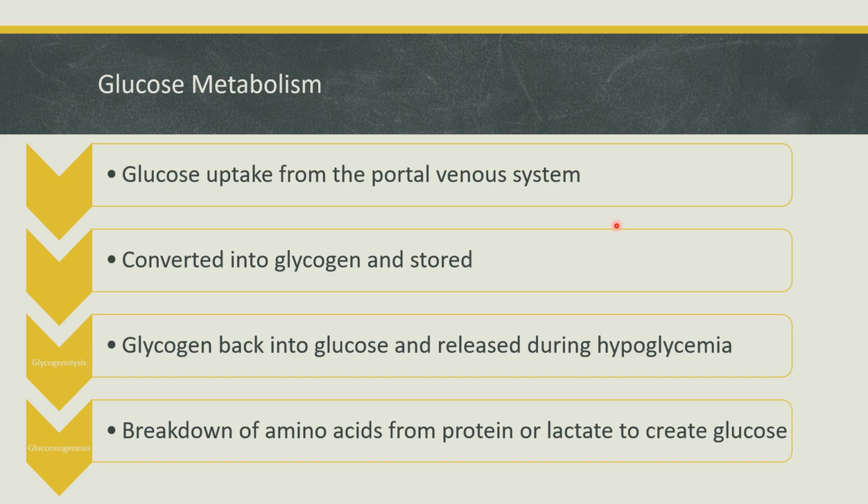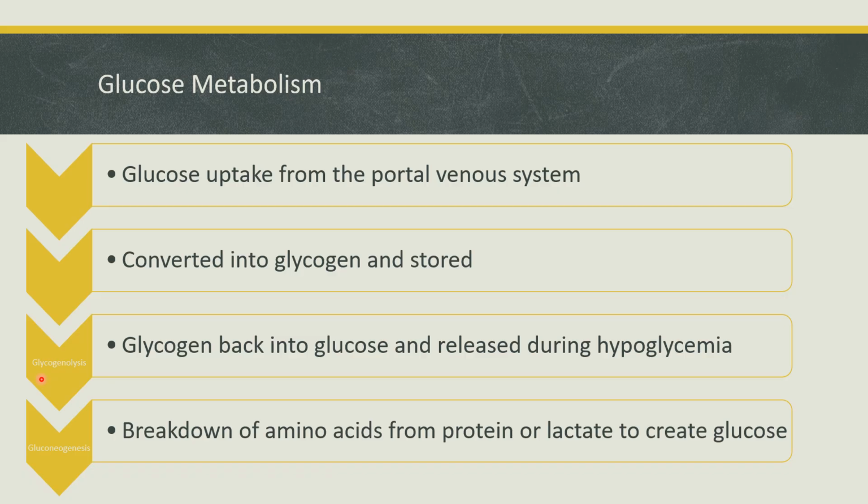So glucose metabolism. When we eat carbs and when we eat sugar, it's absorbed in our small intestine and it is carried to our liver through the portal venous system. In the liver, it's converted into glycogen, okay, and stored. So we're going to store it there for when we need quick energy release. Glycogen is going to be converted into glucose through